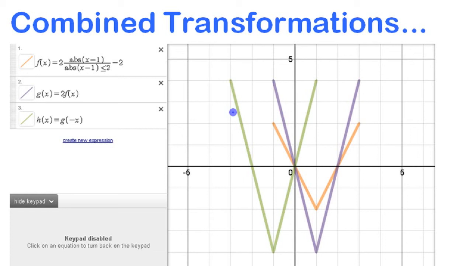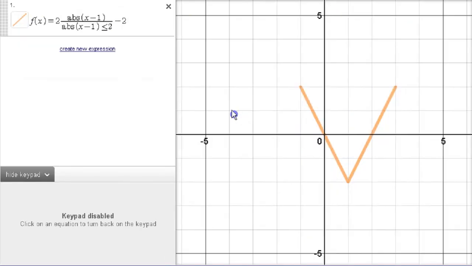All right, we're looking at combined transformations today. In other words, you put two or more transformations together. First thing we need to examine is, does the order that you do those two transformations in matter or not? So, to do this, we're going to use our online graphing software, Desmos, and we